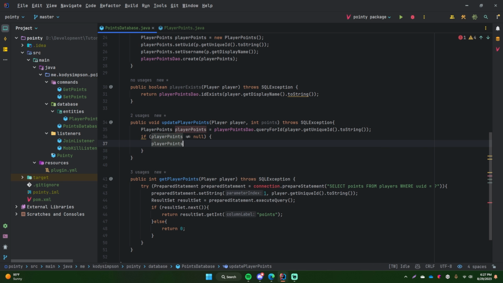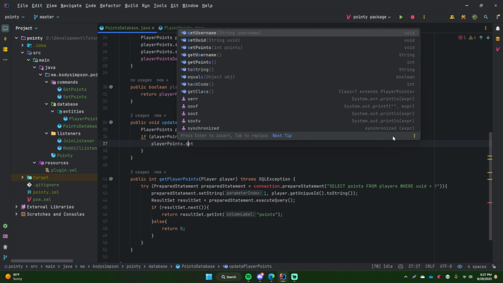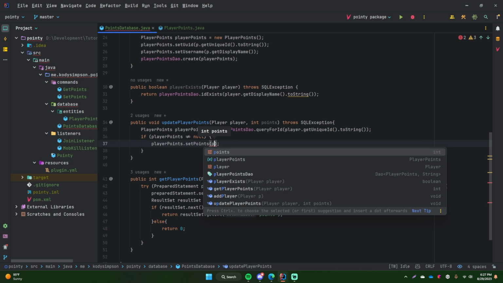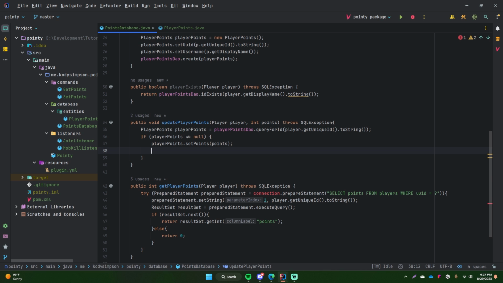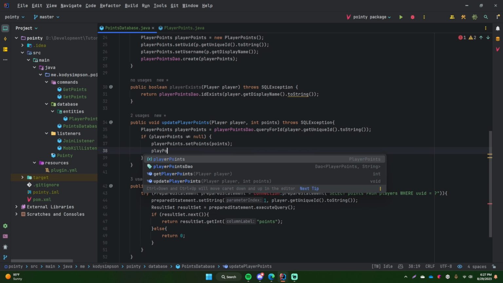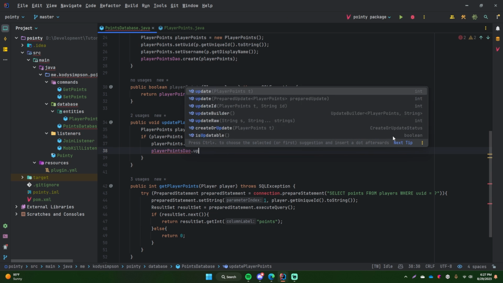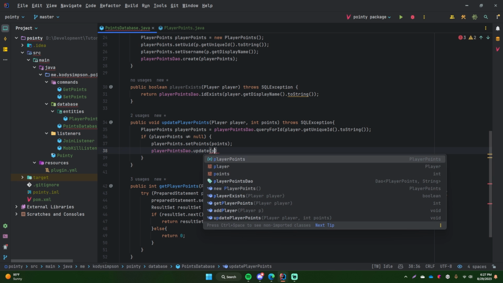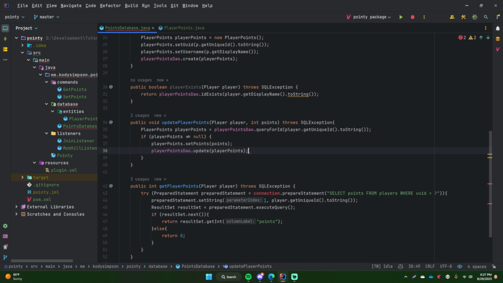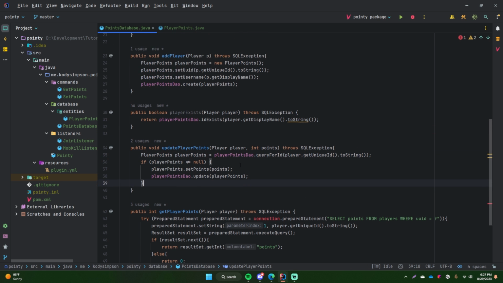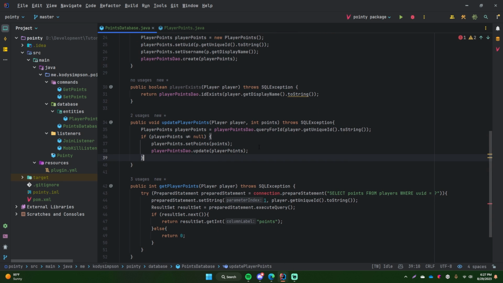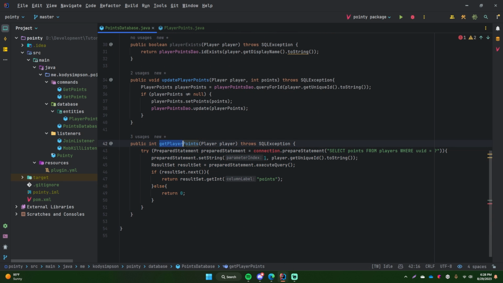If it's not equal to null, we can continue doing what we wanted to do. So what we want to do is do player points dot set points. And then after that, to actually update it within the database, all you have to do is again do player points DAO dot update, and then just pass in the object that you want to update. So it's automatically going to detect the ID on that object and then update it for you within the table. You don't have to tell it how to update it based on what column and all that fun stuff, okay? It's going to do it for you, which is great. So this is a way more simplified statement versus what we had before, which is way more complex, okay? Pretty cool, right?